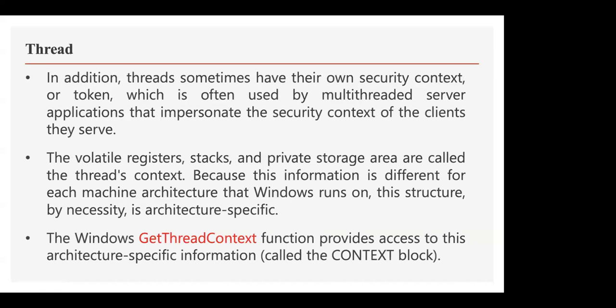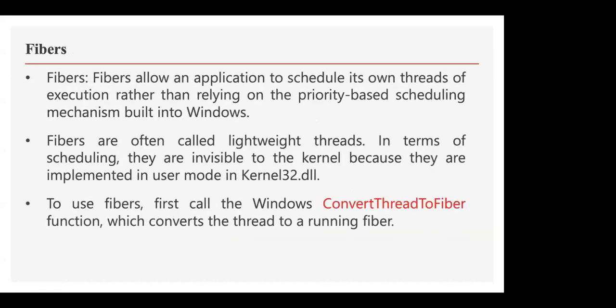I also thought it's important to mention that something of the execution, rather than relying on the priority-based scheduling mechanism built into Windows. So fibers are often called lightweight threads. In terms of scheduling, they are invisible to the kernel because they are implemented in user mode in Kernel32.dll. So to use fiber, first call the Windows ConvertThreadToFiber function, which converts the thread to a